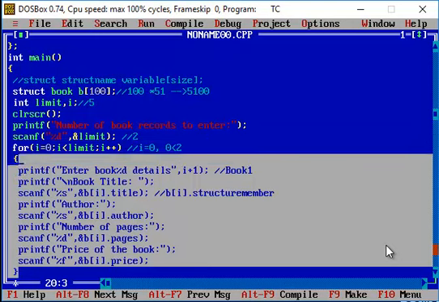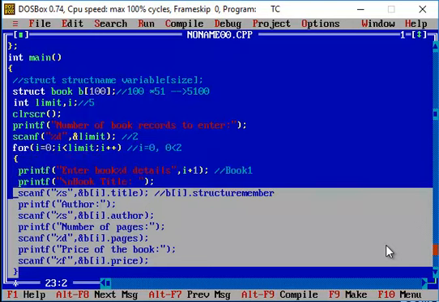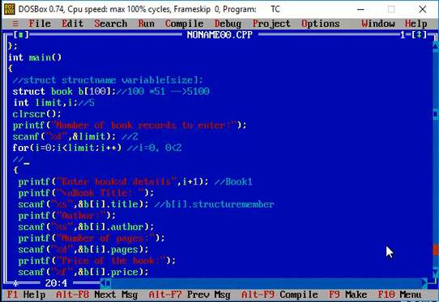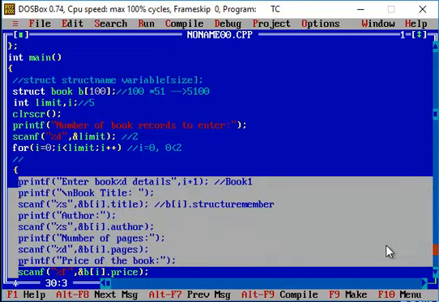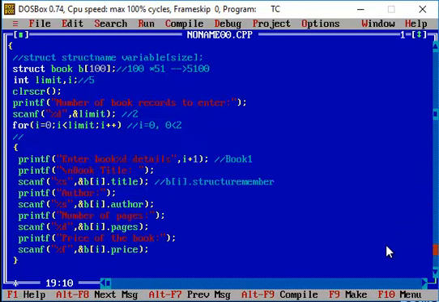So this is a syntax how you can get the input from the user using a for loop whenever you are going to make use of a structure variable of array type. So this particular condition will run up to 0 is less than 2. So which means you will get the I value equal to 0, and for I value equal to 0 you can get the entries for the first record, and once that is done, your I value will be incremented, and the condition will be checked, and when the condition is checked your I value becomes 1, and 1 is less than 2. So which means you are going to get the entry for the second record.